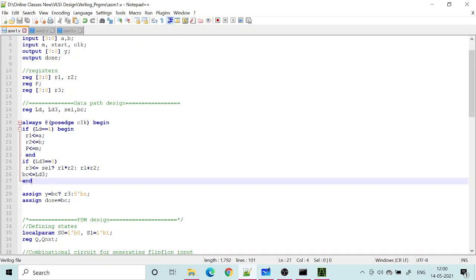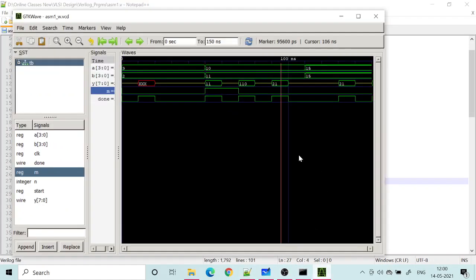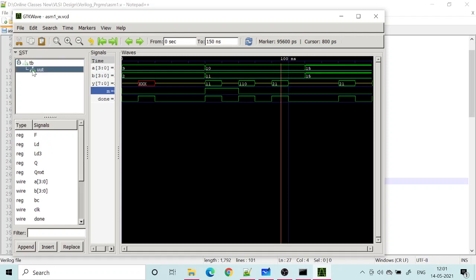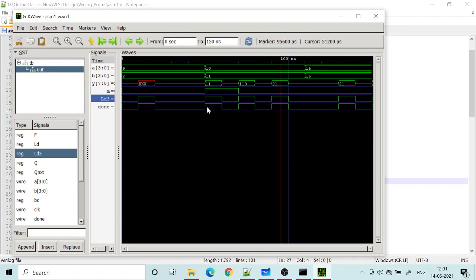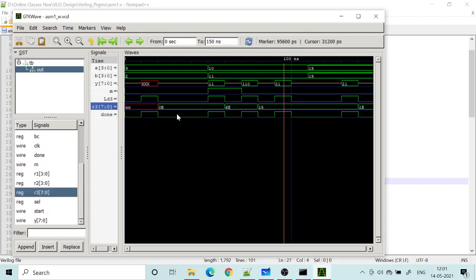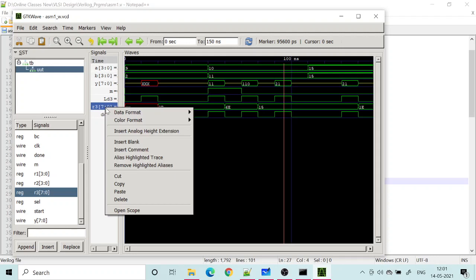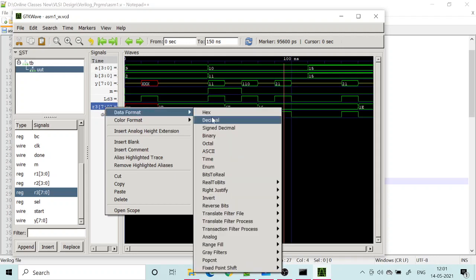The current state will be the moment LD3 becomes 1, which can be seen by going back to the signal LD3. Let us look at register R3, and let me display it in decimal.